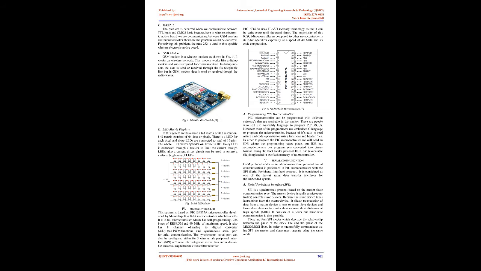In this wireless electronic notice board, the transformer, which consists of 2 windings, primary and secondary, is used for converting 220V to 24V AC because the system is directly connected to the power supply. B. Voltage regulator. The voltage regulator is used for providing a fixed 12 volts DC to the microcontroller and LED display. In the absence of a voltage regulator, the higher voltage may damage the LED matrix display or microcontroller, and in the system these 2 components are very important.